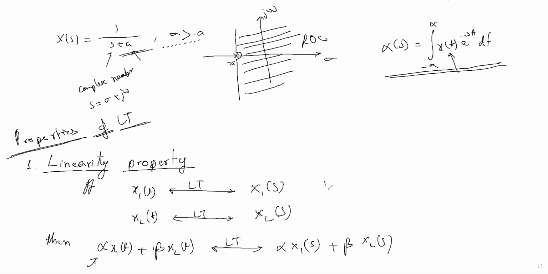I have said that when you find the Laplace transform, you should know the ROC. The ROC is a must for doing the Laplace transform, then you can plot in the s plane. Without knowing the condition for the ROC, you cannot plot it. Why is it important? Because in the last class we saw that some signals have the same Laplace transform, but their ROC is different.